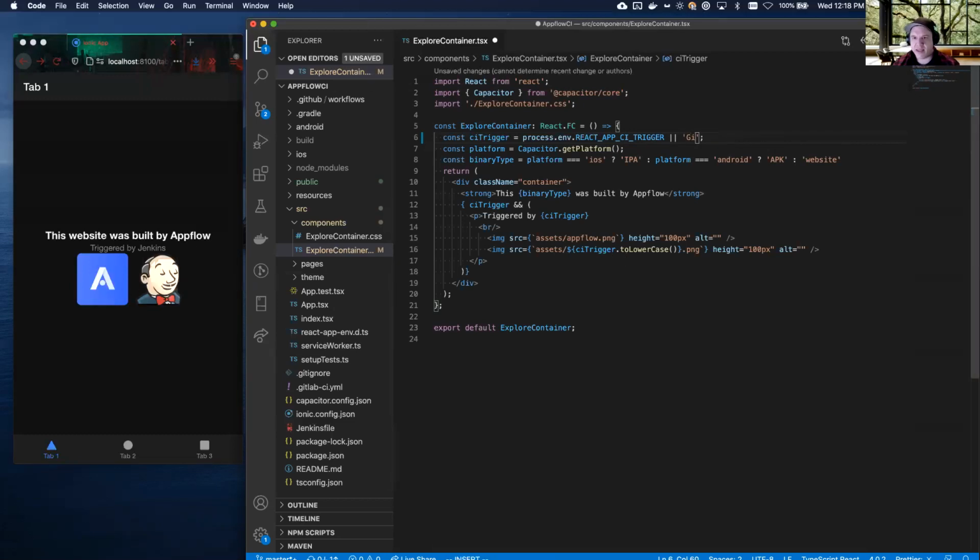What else do we have? GitLab. You can see that this app was built by Appflow, triggered by GitLab. And GitHub. Again, this app was built by Appflow, triggered by GitHub. And then this is just what I have for locally, which is